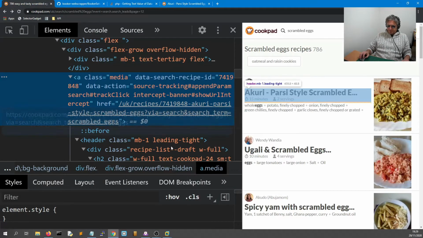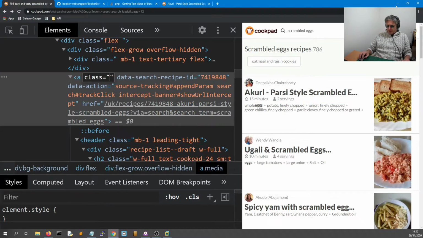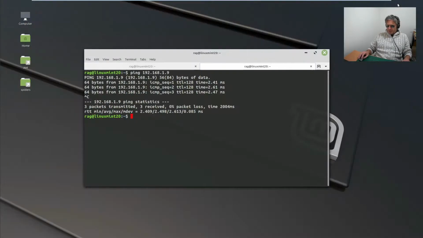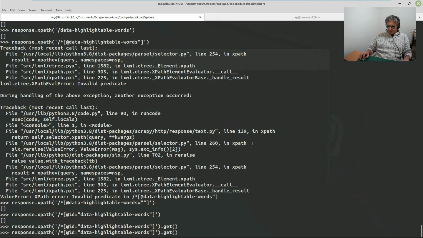So let's see how many results we get if we search for class media and Scrapy shell. I've got a feeling it's going to be a lot, so I think we may have to be a bit more specific than that, but